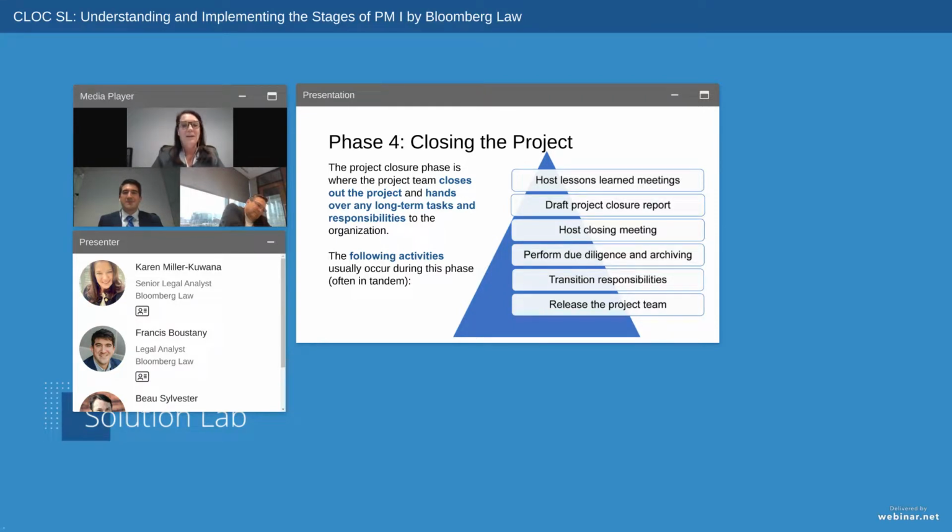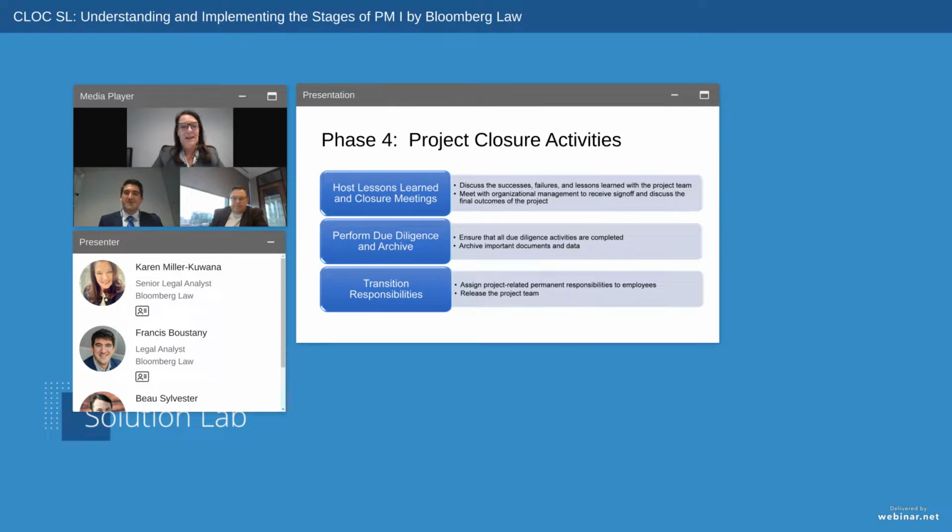I'd like to spend a little time highlighting three. The first is hosting a closure and lessons learned meeting. Again, even if you're by yourself, host this meeting with yourself. This you can do with margaritas, but if you're with a team, I recommend doing it with the team without any alcoholic beverages. But it's critical that you really understand and provide to your project stakeholders, the organization, that